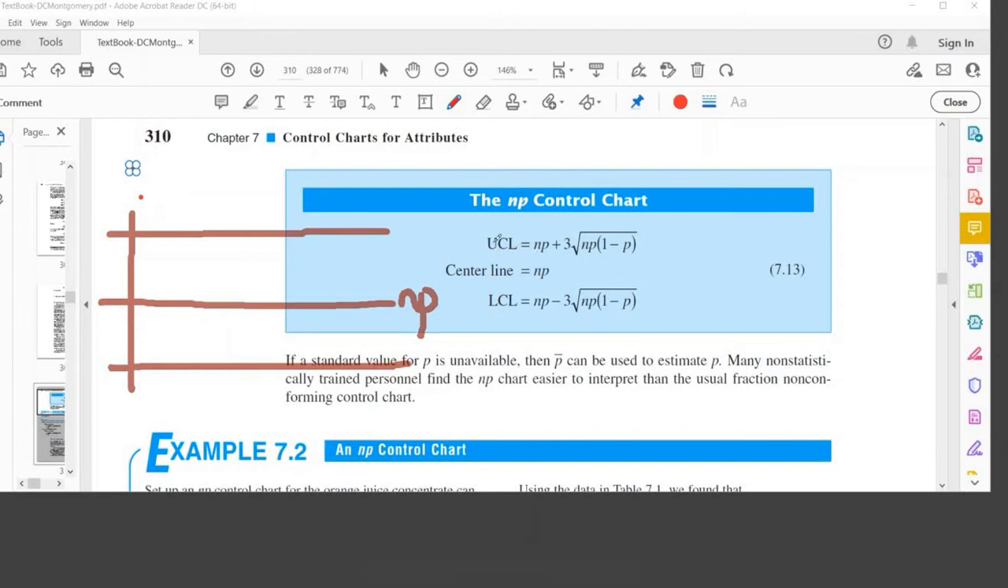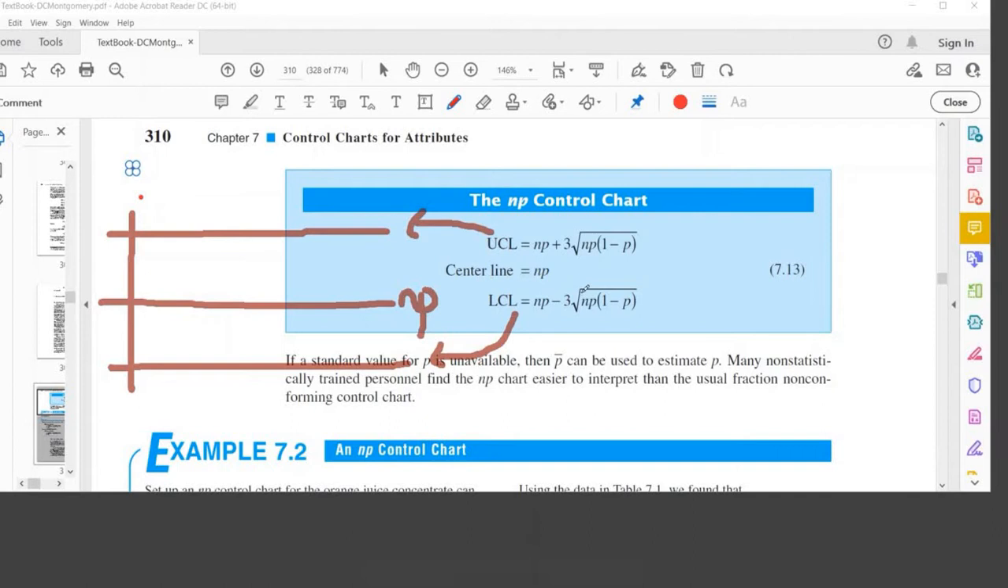Okay, so the upper control limit will be here. In the formula we see np plus 3 square root of np(1 minus p). So actually here it is the square root of n, p, and then the other one is 1 minus p. Previously we have